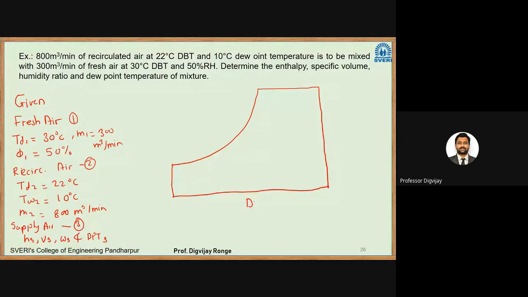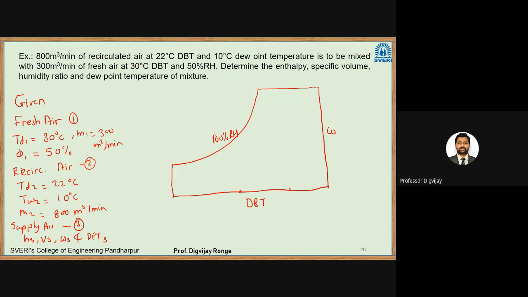Okay, so this is the dry bulb temperature. This is the specific humidity. This is once again the 100% RH curve. Now I'll roughly show the point here, 30 degrees Celsius. So let us assume this is 30 degrees Celsius. And suppose here